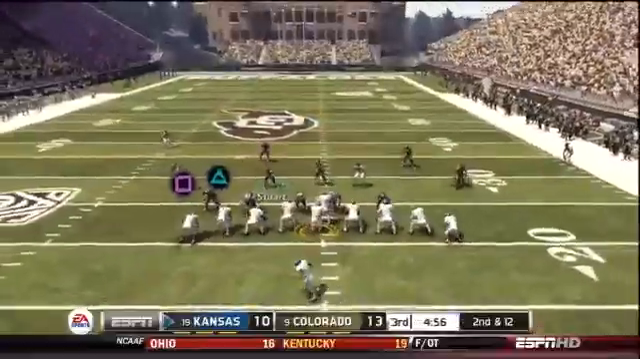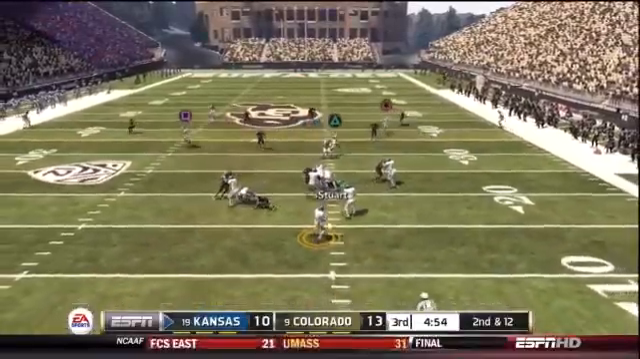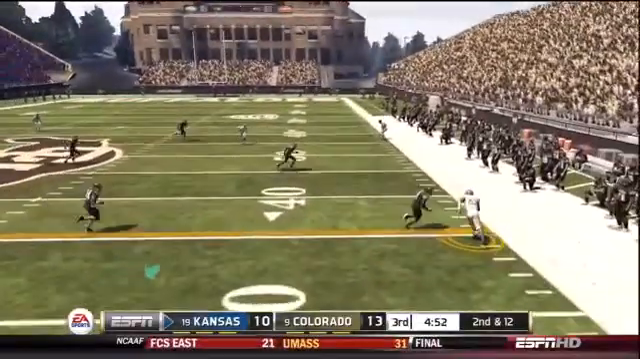All these playbooks have too much fluff in them that you don't really need in order to make the offense work. I mean, EA in general does a pretty good job with the playbooks, but